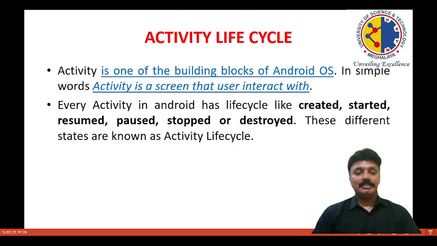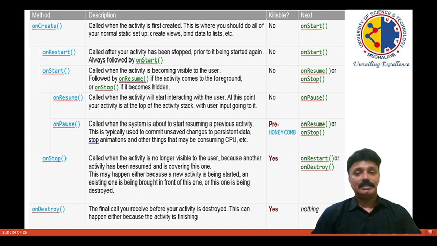These different states will be monitored, and they happen during a particular activity in the Android operating system, which is known as the activity life cycle. We'll see this using a tabular format.